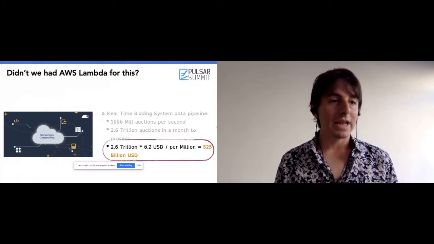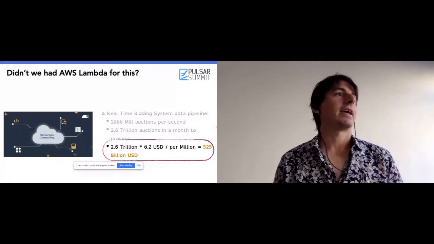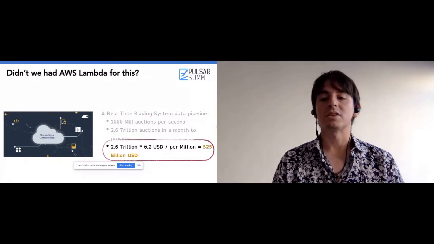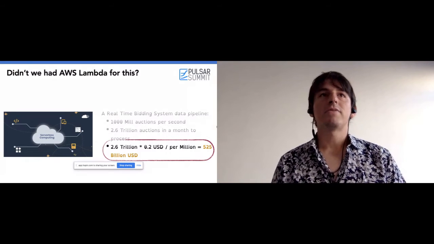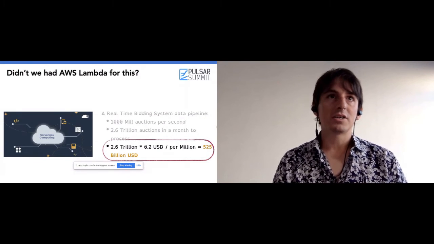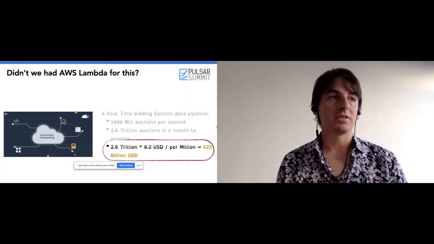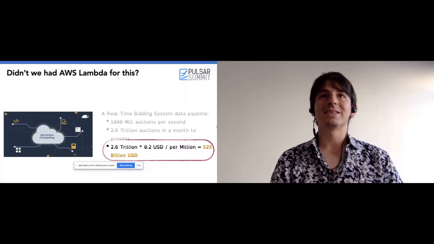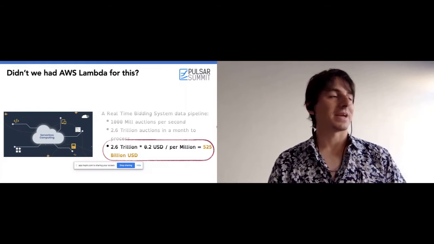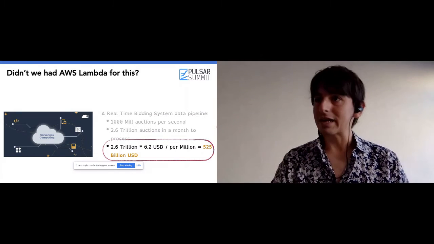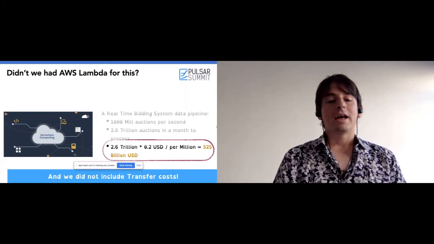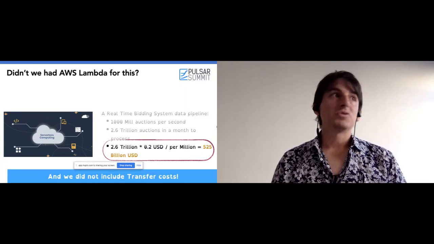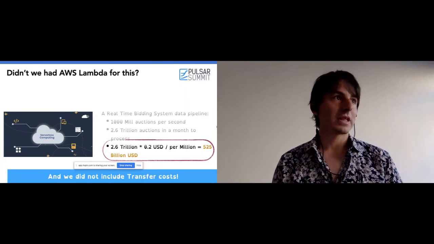Every Lambda function is charging us $0.20 per million processes. This means $525 billion, not American billion, times 10 to the 12 dollars, only to process that into another topic. It's ridiculous. And we didn't include the transfer cost of all the data being transferred into and out of our availability zones. What happens is that